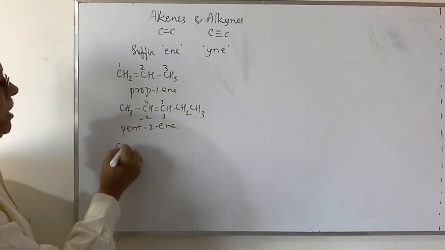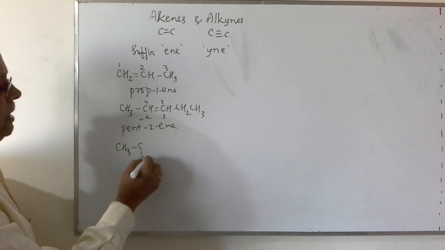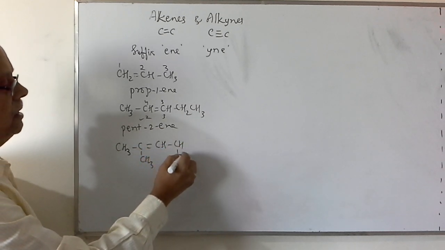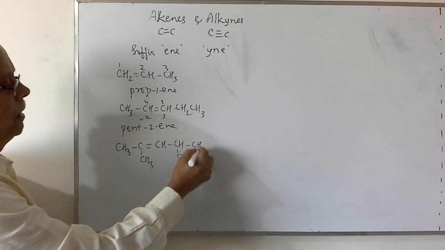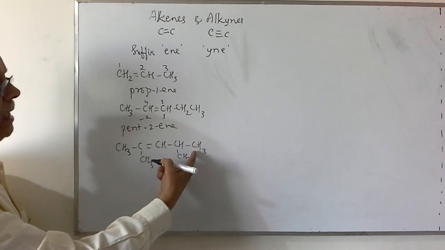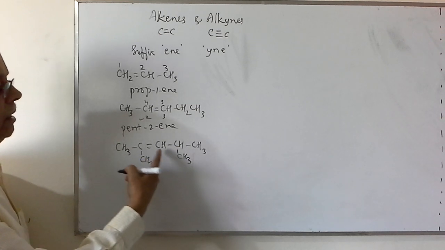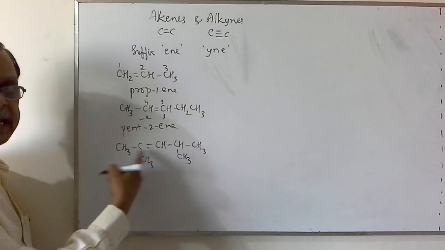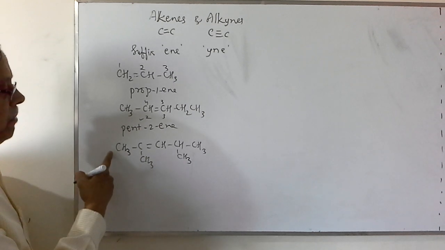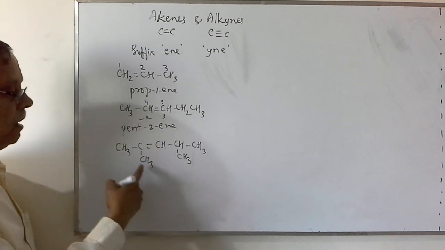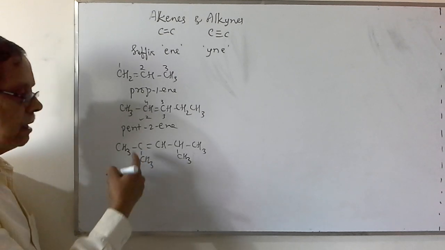If you consider one more example, (CH3)2CH-CH=CH-CH3. Now if you give the numbers from the right side, it will give rise to 2 to this carbon carrying the methyl group, 3 to this carbon atom carrying the double bond. But if you number from the left side, it gives rise to 2 to the carbon carrying the double bond, and also to this CH3 carrying carbon atom.